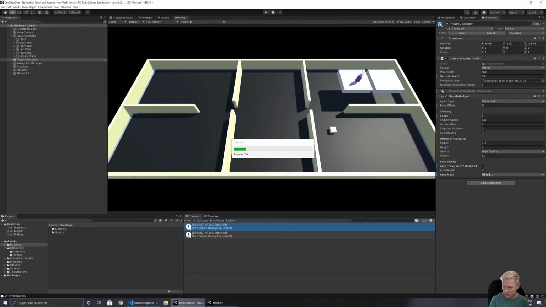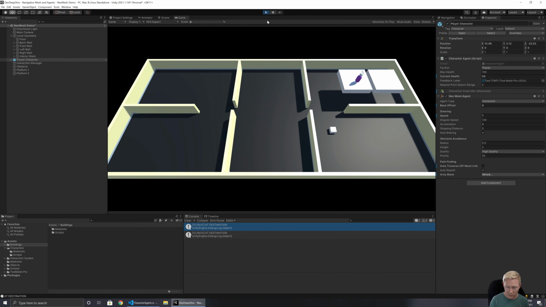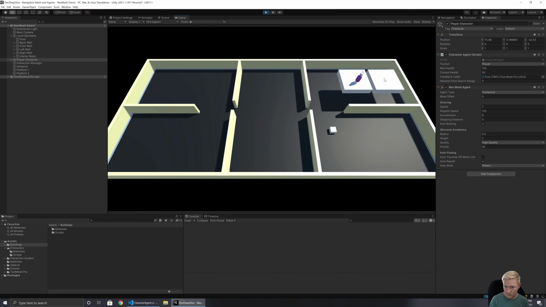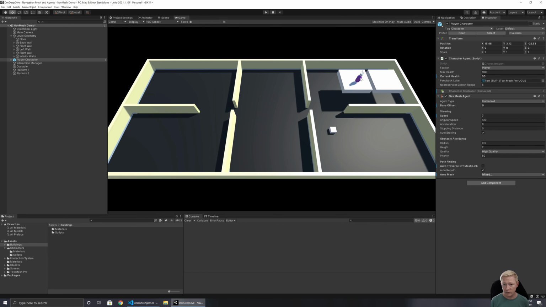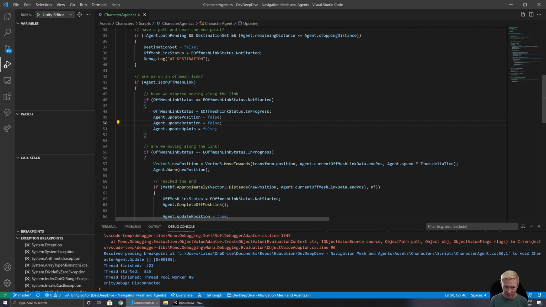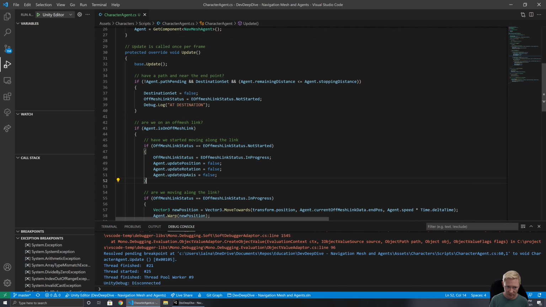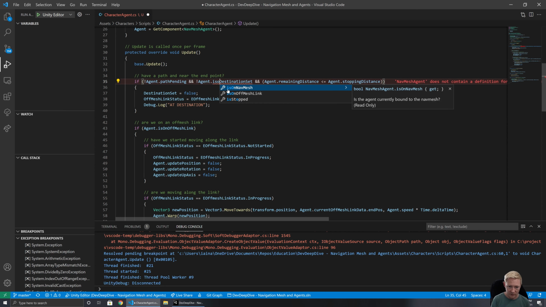So then with this, if we run this up and then test it, issue our command here. So it's stopping. We've noticed it's not moving when we issue the command there. It gets part of the way and then stops, and it's saying it's reached the destination. So there's a couple of things happening with this. One of the key things is, well, if we're already on an off-mesh link, don't want to actually mess with stuff here. So if